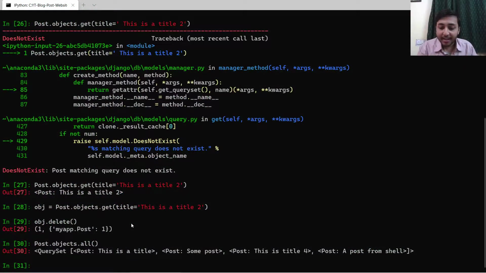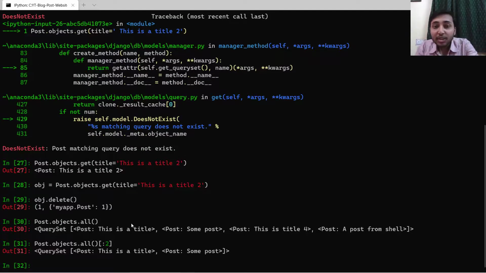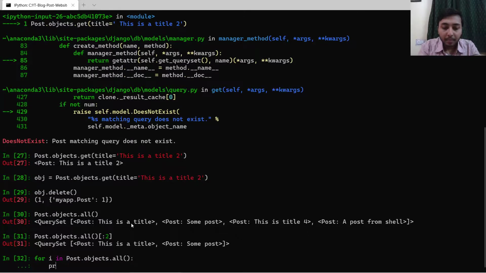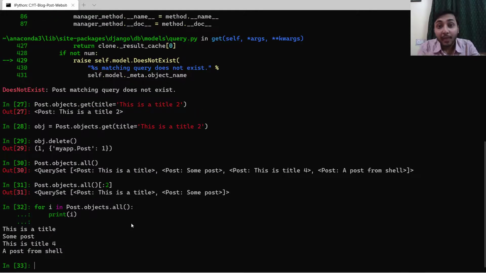For example, right here I will say all and then from 2, press enter. At this point the query set is evaluated. If I say for i in this, print i, at this point the query set is evaluated.